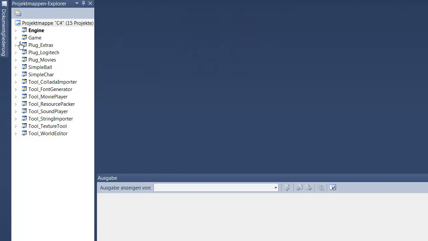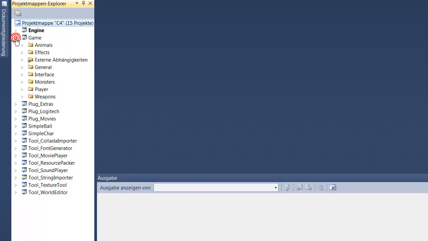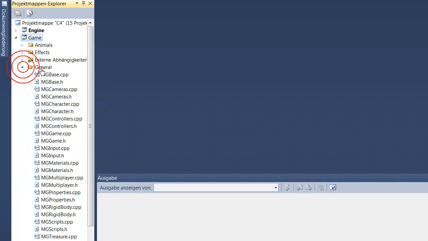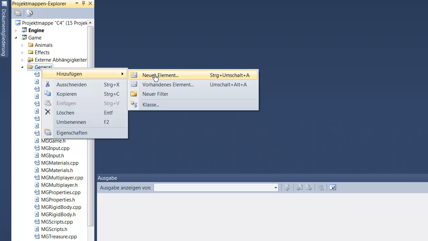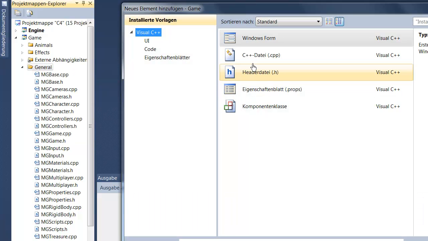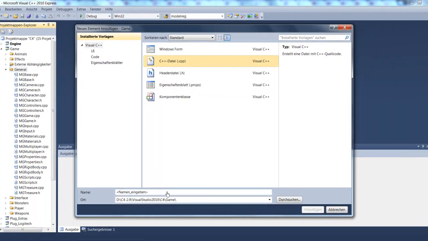and the idea is that we need to add a controller, our own controller. It's basically some kind of a turret controller. So under game, general, we right click here and say add new element. So we're going to add a C++ file, and we're going to call it